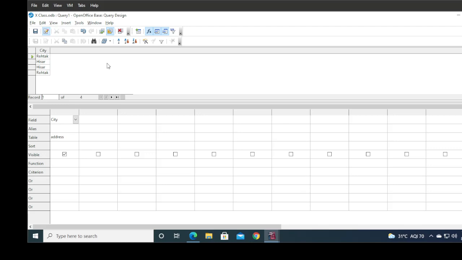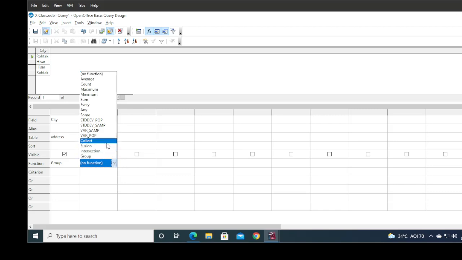According to these, I want the grouping of this field, and I want the functions on a particular group. For example, I want to write down the group here, and how many Rohtak are there? Two. How many from Hisar? Two. So for this purpose, we use grouping. Here you can use group, and again you can use city also. Select city from here, and here you can write down your function name. For example, we want the count function.